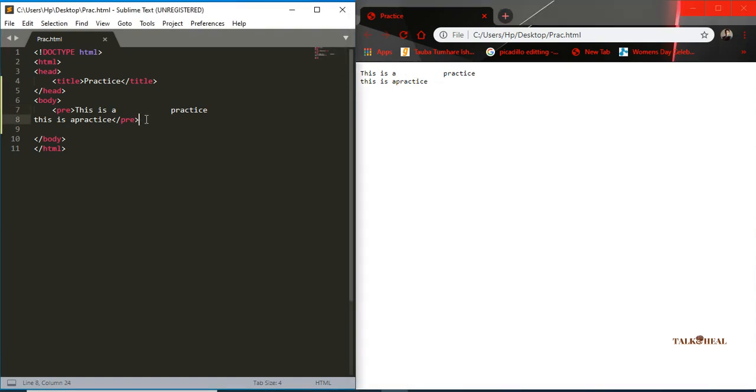So in the pre tag, whatever you do will have an impact on your browser too. So this is a very useful tag sometimes, and you should keep that in mind. So let's move on. The next tag that we want to learn for today is going to be the